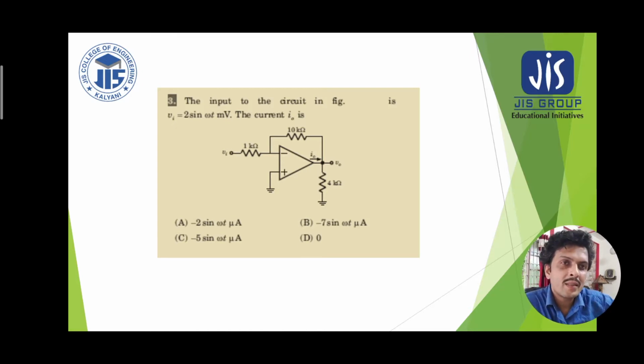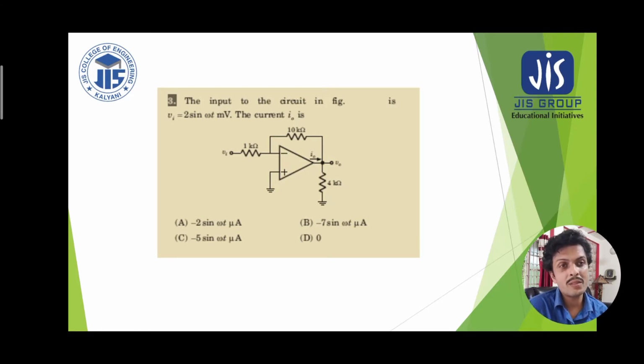So here we can say there are two currents flowing through the feedback resistance: (V0 minus 0) by 10 plus (V0 minus 0) by 4. These are the two currents which will be equal to I0, because two outgoing currents can be equal to one incoming current. So therefore I0 is equal to (1 by 4 plus 1 by 10) multiplied by V0, and V0 we have seen is minus 20 sin omega t. So minus 20 by 10 means 2, minus 20 by 4 means 5. So 2 plus 5, 7. So therefore it is 7 sin omega t milliampere,